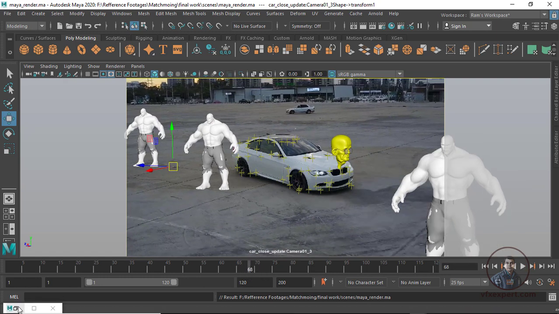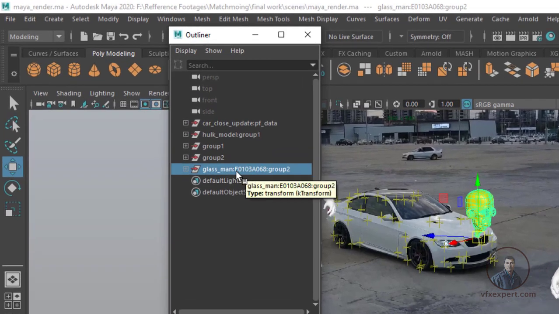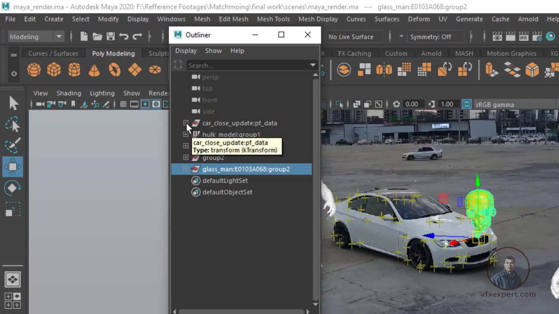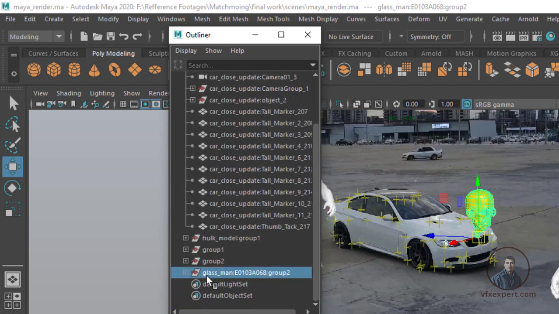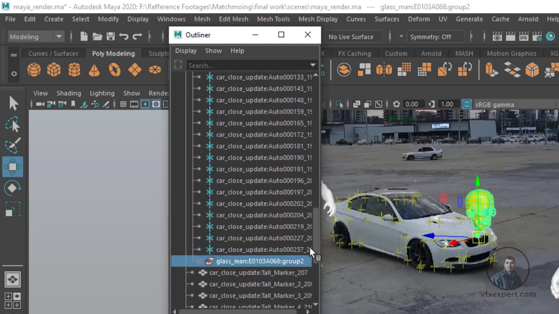Okay, so just for this, just simply open your outliner. Now just see here, now after this you have to place your objects, okay, into your objects group. This is important. Okay, now just see how, just select your object, see this one. Okay, this one, then you have to place this object into your objects group. This is important. Now just hold middle mouse and just simply place into the object group folder. Okay, now just see, now you will open this one. Now you will see here, okay, this one.